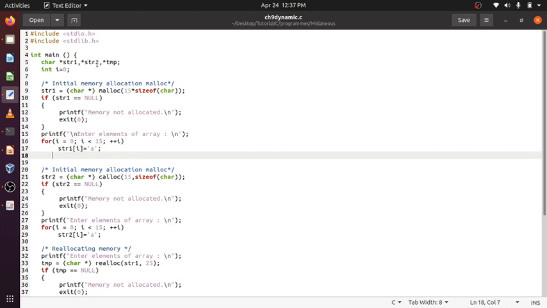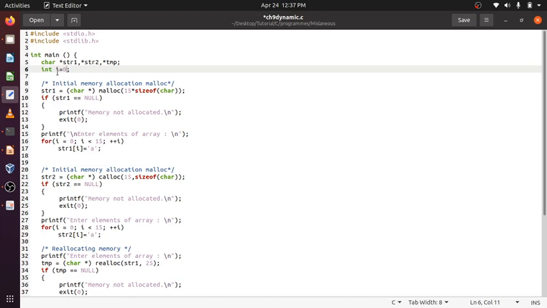This could also be done with an array, but for that this value 15 can be any number. It can be a variable, like suppose you take the value of I as input: 100, 200, 300.